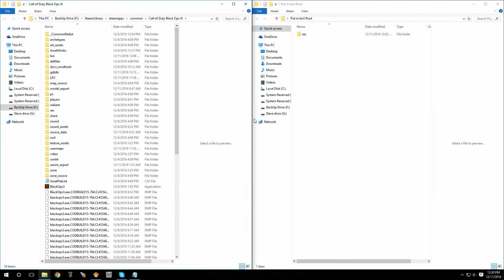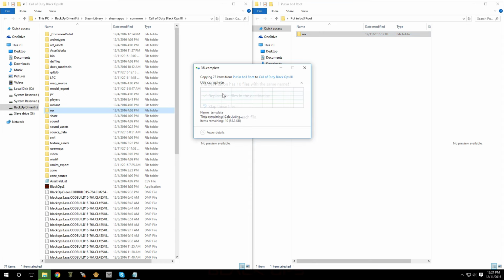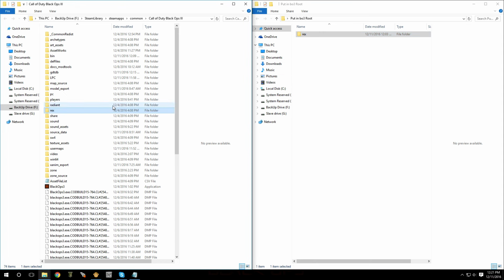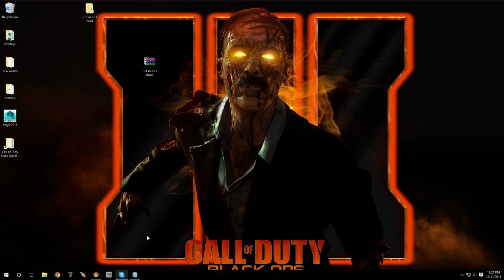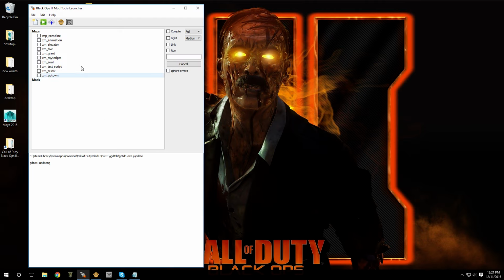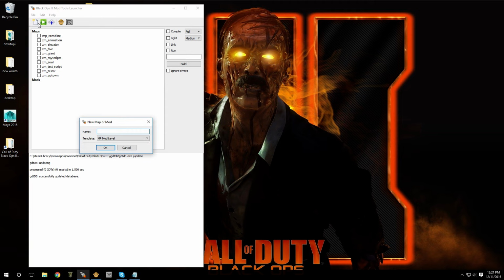Let's move this over to the left. Just grab that bad boy and pop it in there. There you go. All right, now what this did was it gave you a custom mod level that's going to have Animtrees built into it. So let's say you open up Launcher, go to File, go to New, make a new map,